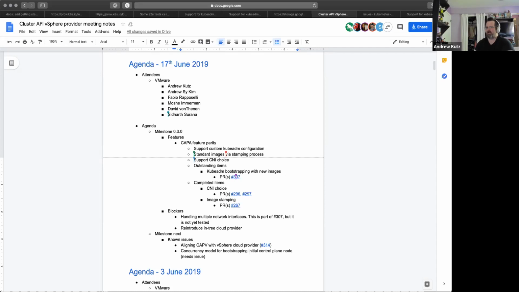And static routes, address, custom name servers, all the good stuff. And again, it's at the tail end of 307, and I'll be separating it out. So while we are blocked on it, we have a solution. The second blocker is